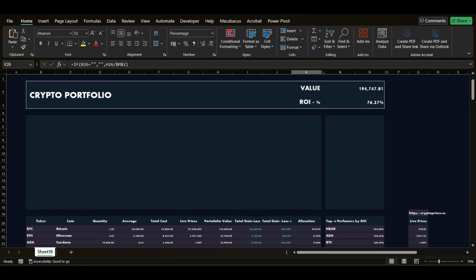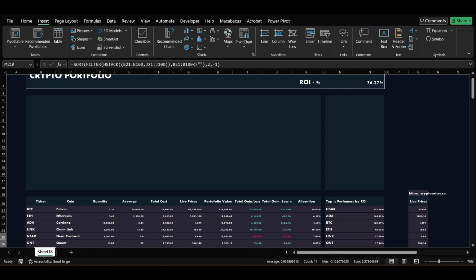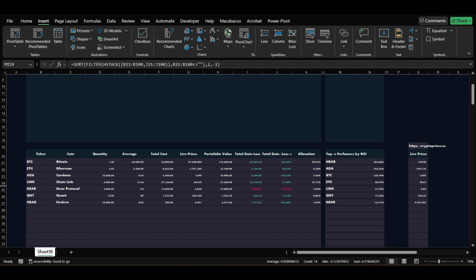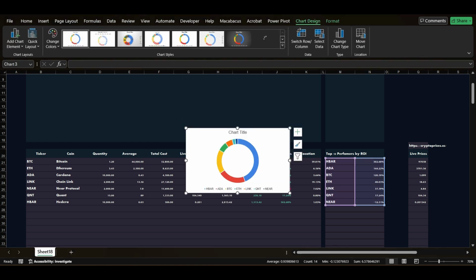So now all we actually have left to do is to visualize this. So let's jump into part 3, where we are going to build a few charts to represent our portfolio. To start with, I'm going to go to Insert, on the top header menu, and I'm going to put in the